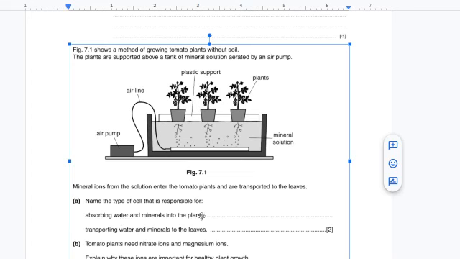Water or mineral absorb करने के लिए they are the root hair cells that basically absorb the water and minerals, and transporting water and mineral to the leaf के लिए जो tissue मौजूद होते हैं that is basically the xylem and phloem. Water और minerals को basically यहाँ पर absorb करने के लिए the root hair cell, और transport करने के लिए जो है बाकी parts तक there should be the tissue, and that is called the xylem tissue.